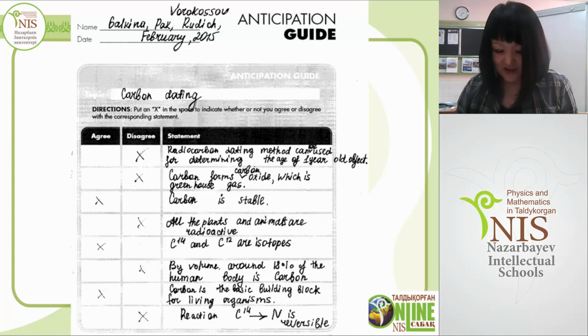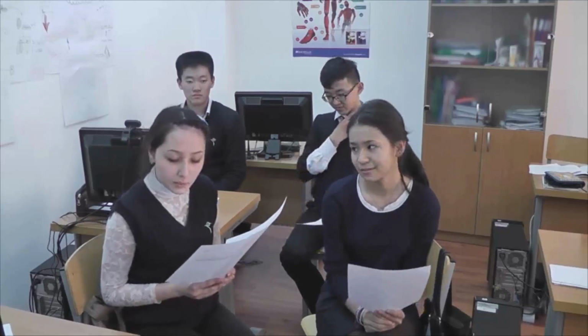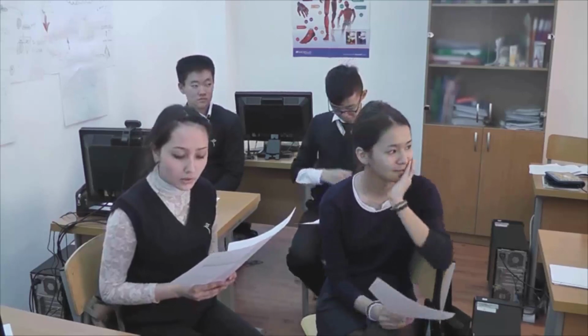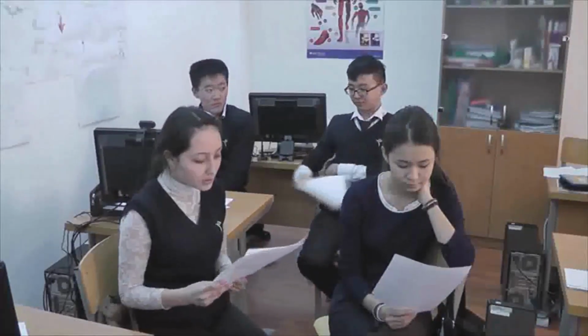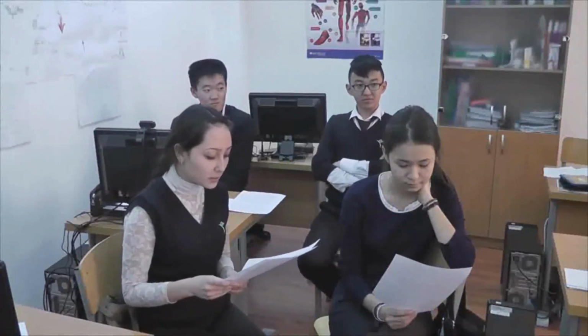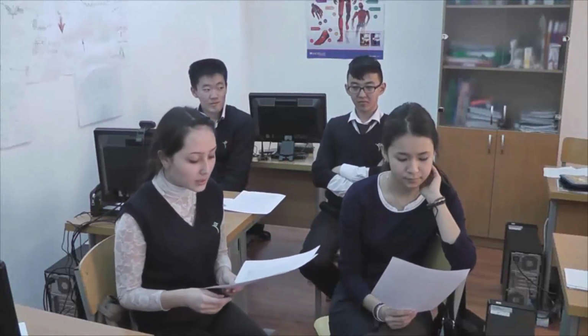After this work, try to discuss all the correct or incorrect answers which you gave. Let's watch how our students did it. Radiocarbon dating method can be used for determination of the age of 1-year-old object. We disagree with this statement because, according to the text, it is used for once-living matter less than 40,000 to